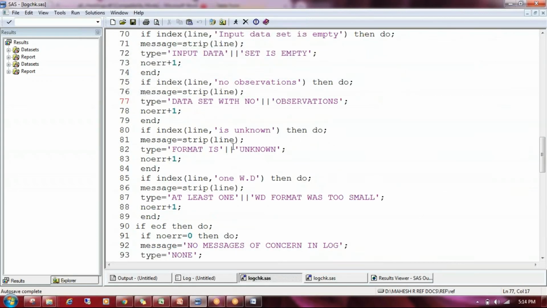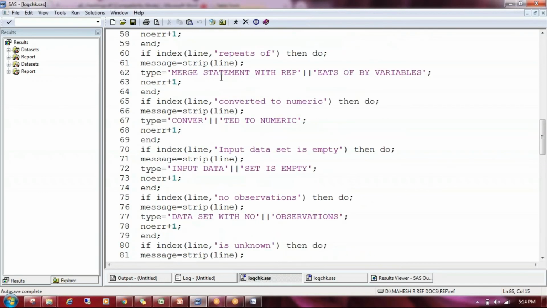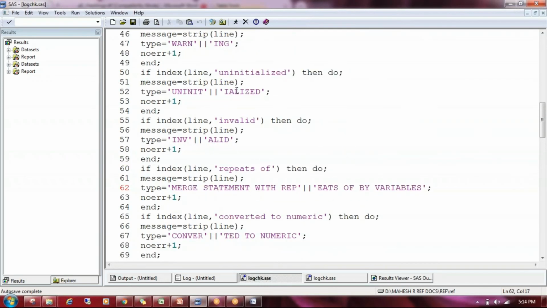Here you can see data set within the observation format at least one, no messages, message statement has repeated. All the pre-built checks are predefined in these macros. So these macros are very helpful to check your log files. These are the log check macros available.